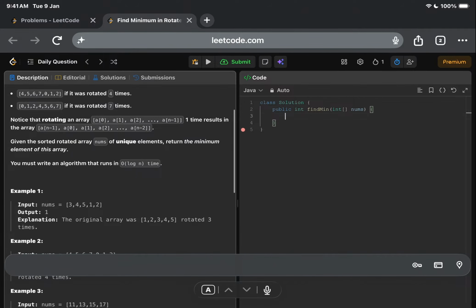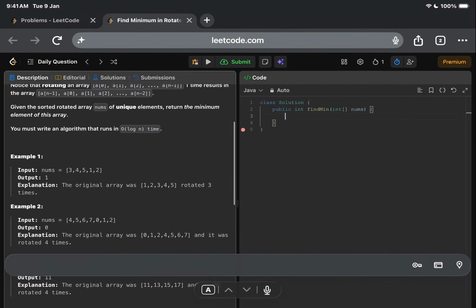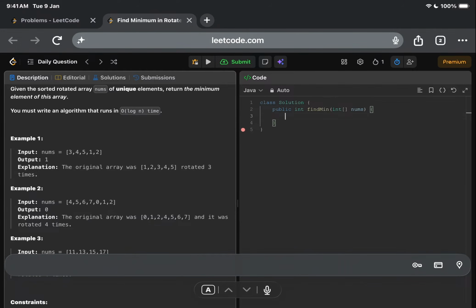So we can directly run a loop and find the min element, and you can return the minimum element which you have found. That is a brute force approach, we can say. For that it is an easy implementation. You can directly take int min equal to